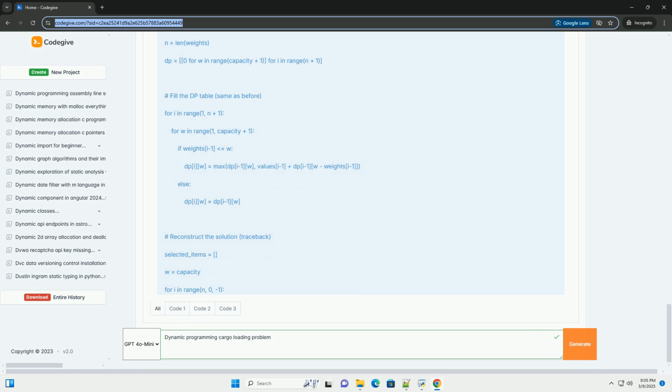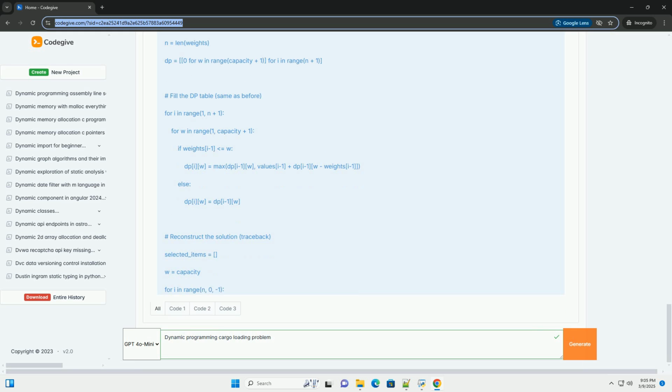The maximum value in this case would be the value of item i, values[i], plus the maximum value we can obtain using the remaining items, 0 to i-1, with the remaining weight capacity, w - weights[i]. This is expressed as values[i] + dp[i-1][w - weights[i]]. 2. Exclude the item i: if we don't include item i, the maximum value is simply the maximum value we can obtain using the first i-1 items with the same weight capacity w. This is dp[i-1][w]. Therefore, the recurrence relation is: